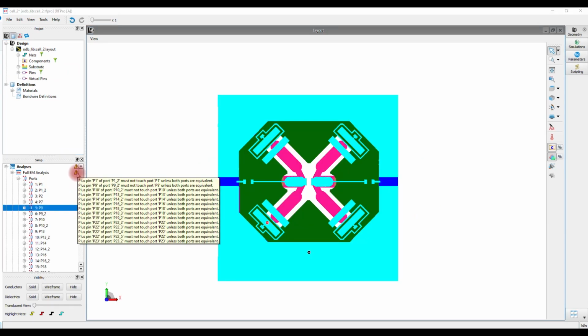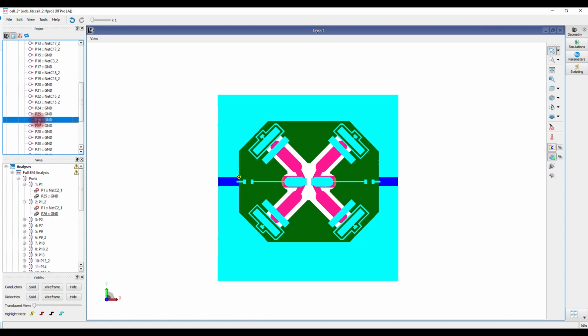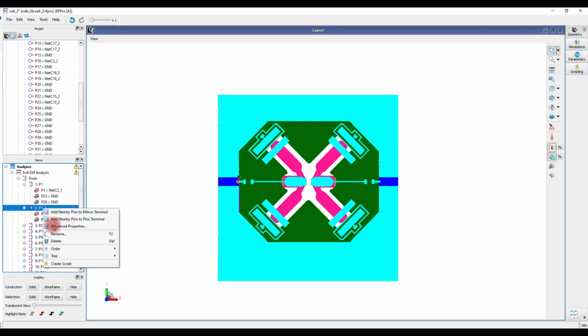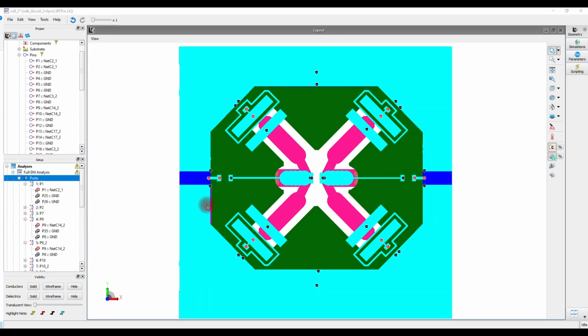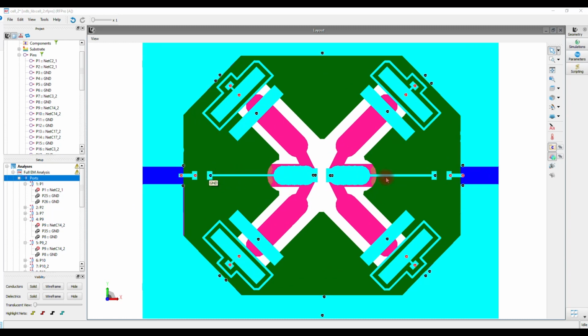There are some warnings found here. The error is because for the same positive pin, 2 ports are created because 2 adjacent ground pins are found. We have to fix this problem by deleting a port and referencing the single positive pin to 2 adjacent ground pins as intended. We also faced another problem in the design whereby the positive pins are recognized as ground pins here. So all these are positive pins, but they are recognized as ground pins in RF Pro. We're going to correct that as well.